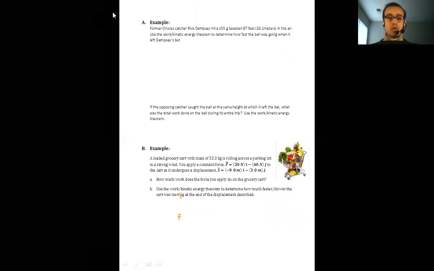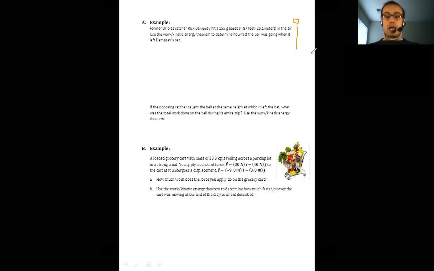Right? So let's say that former Orioles catcher Rick Dempsey hits a 155-gram baseball 87 feet or 26.1 meters in the air. And let's say, for the sake of this problem, that he hits the ball straight up. The question that is asked is, how fast was the ball going when it left Dempsey's bat? So this is